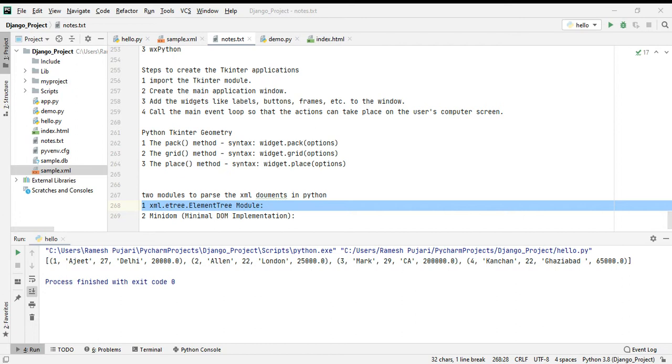In an XML document we have so many tags. If I want only some of the tags, we can use the attribute called tag. By using tag I can access only the required tag name. The tag is a string, it represents the string data type, which is stored in the XML file.